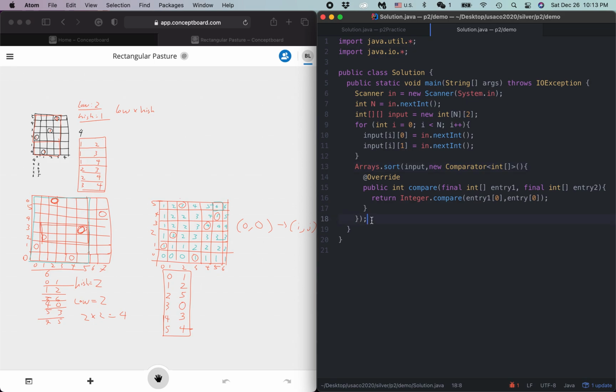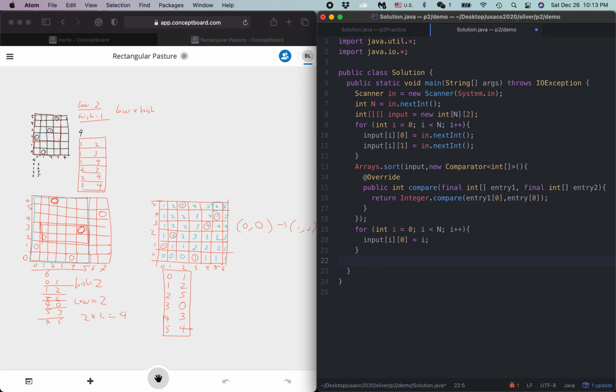After we sort the 2D array based on the x values, we want to convert it into a rank order list instead of keeping the actual coordinates. So let's do for int i equals 0, i is less than n, going through each x coordinate, and then input is basically our input array again, and then equals i, which is the rank